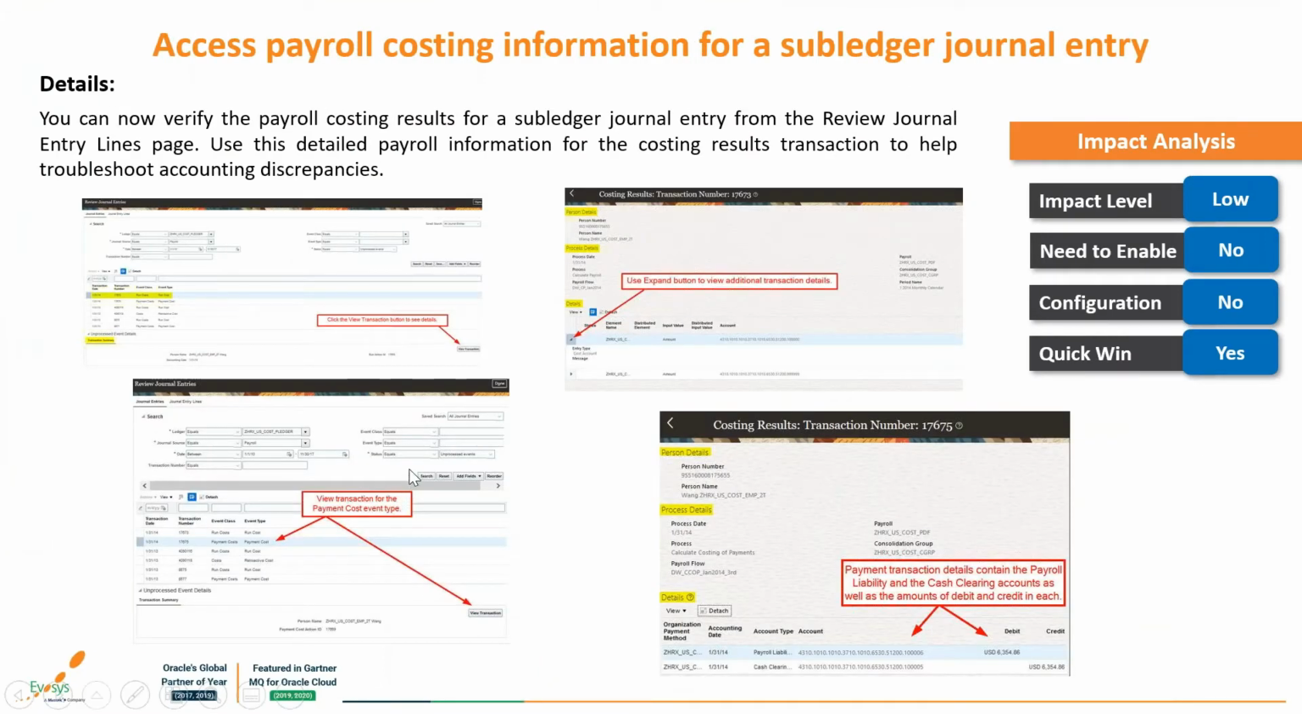The next feature we have is access payroll costing information for a subledger journal entry. So post the 21D upgrade, we would be able to view the details of the journal entries for specific transactions and resolve any discrepancies if required from the payroll side. So the navigation that you need to follow is